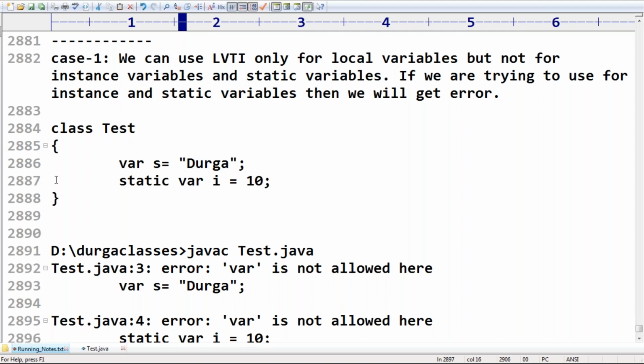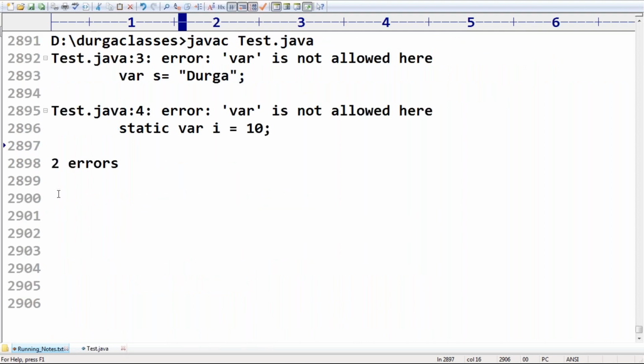We will discuss that just after completing this. Next, can we use it inside instance blocks? Yes. Inside constructors, inside instance blocks, wherever a local variable is there, happily you can use that. Clear? So that is the first case.